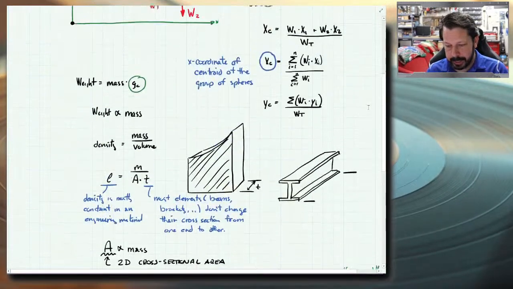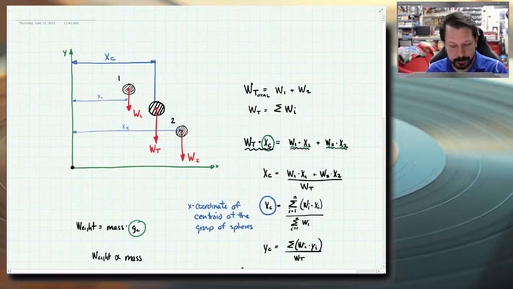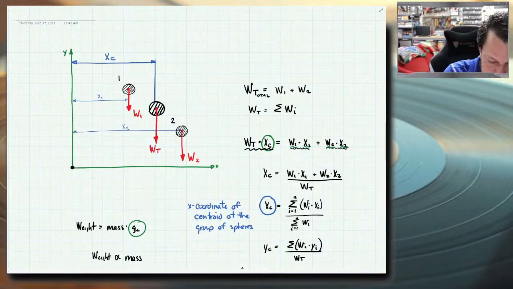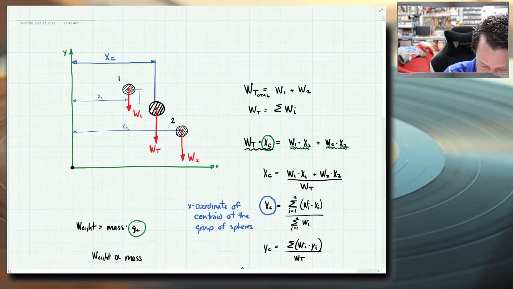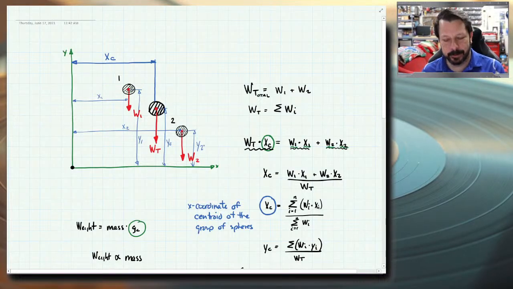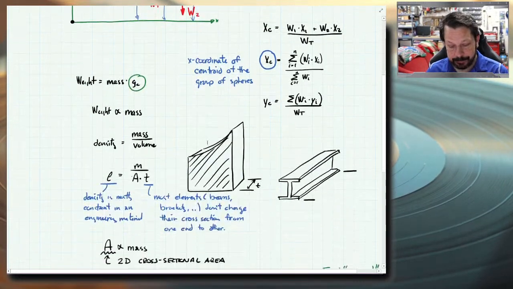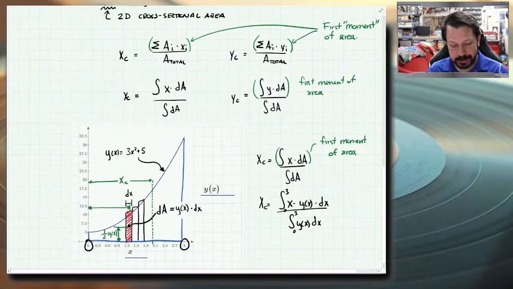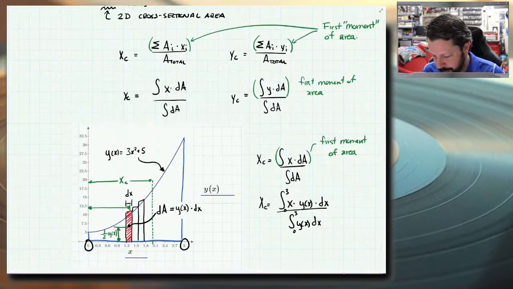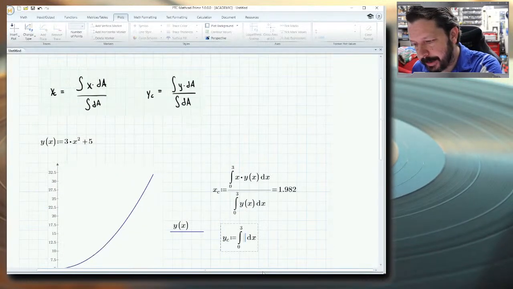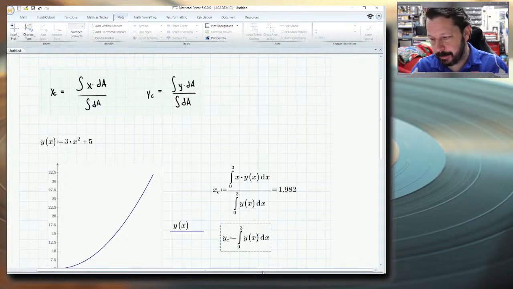So remember, this came from these moment arms. I just never drew the y ones. On here, the y would be this distance to the center of the shape. This would be y sub c here. This would be y2. I didn't draw them because it gets really cluttery. So the center of the shape, we're using these differential strips where the center of the shape is half of its height. So y of x is the height of the differential strip, divided by 2,